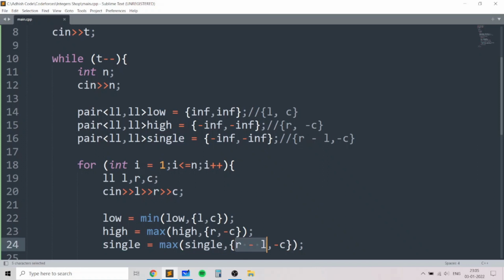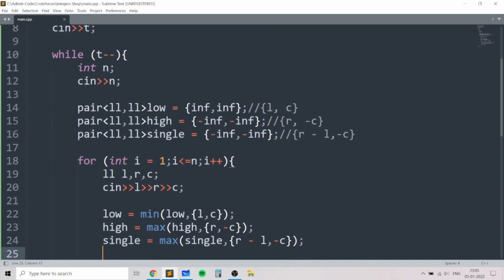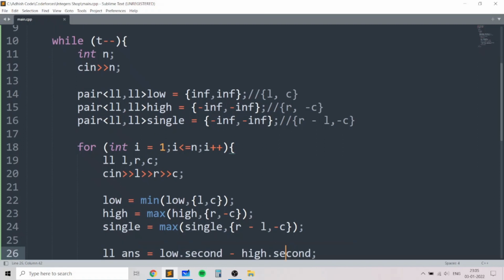So we know that if this range r minus l is equal to this r minus this l, then the single interval from L to R contains the whole set of integers, and that's why this maximum value of negative c will give us the minimum value of c, which we will use as one possibility, as case 1 in fact, for the answer.